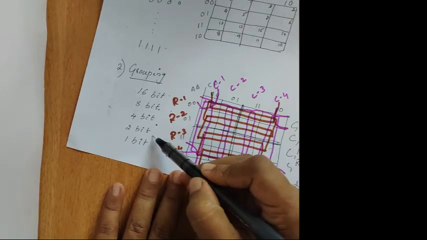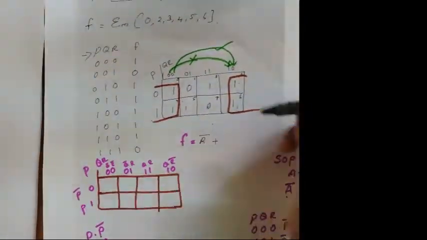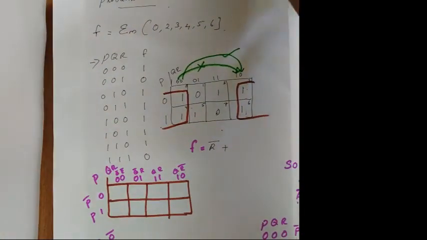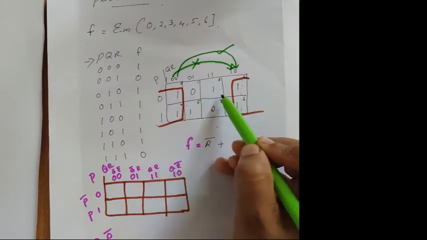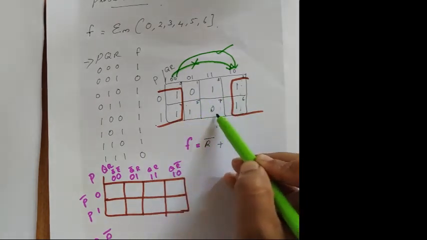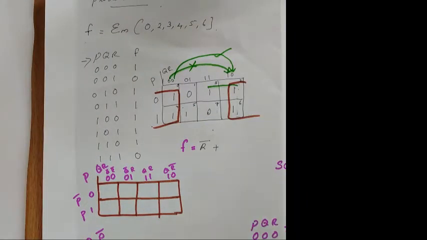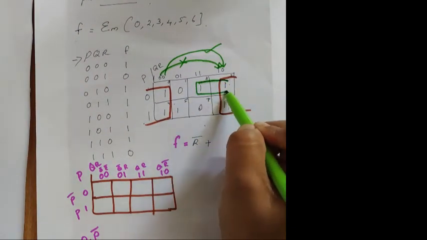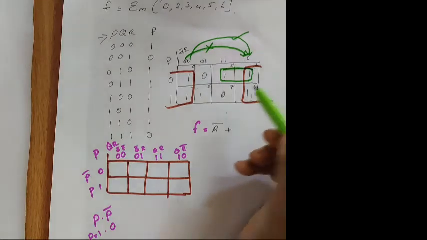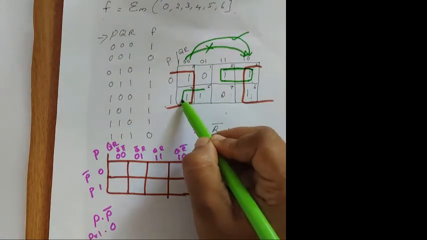So you are going for a 2-bit data. Okay. So you have to check whether any 2-bit data can be taken. Here like this you can't take any 2-bit data. Here also you can't take. So you can take a 2-bit data. The 2-bit data is from these 2 adjacent cells. Okay. And here also these 2.